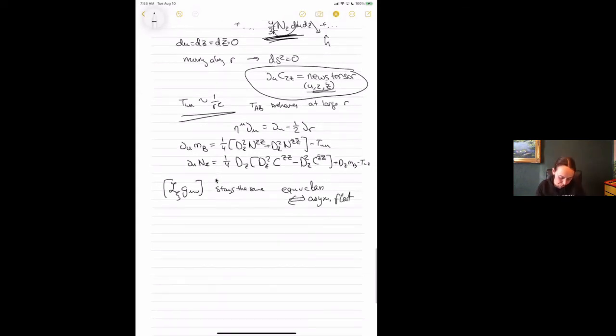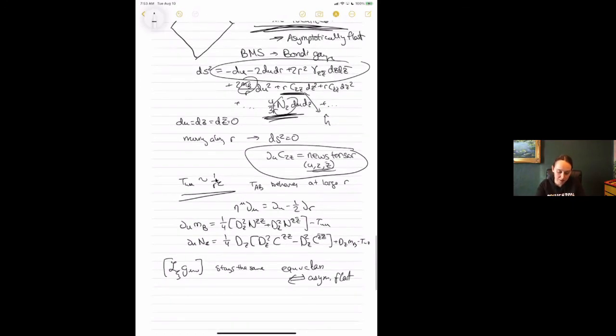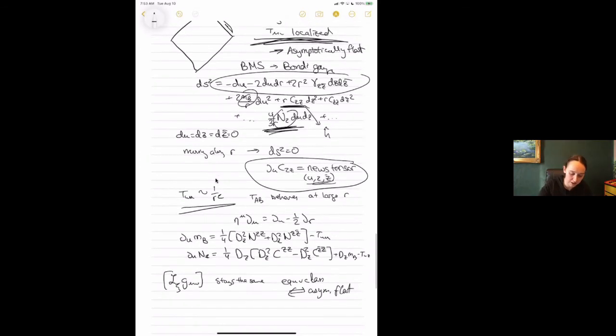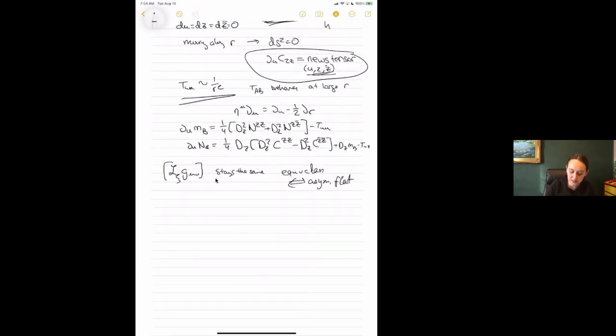So given that, I've made a gauge fixing already, but there will still be some residual diffeomorphisms that keep me within this solid falloff. So what I mean by that is, if I literally look at how I've written this metric down, I have this round sphere here, and everything is subleading that's also on this S2. So this radiative data is 1 over r compared to this r squared metric, etc. So basically that hierarchy of falloffs is the way that I've classified this equivalence class of asymptotically flat metrics. And so anything I'm going to call an asymptotic symmetry is going to stay within that equivalence class.